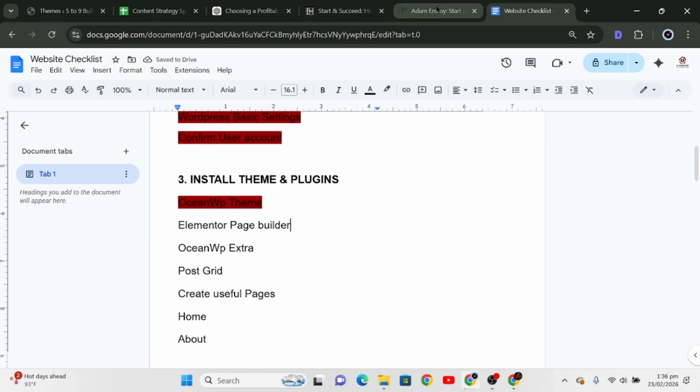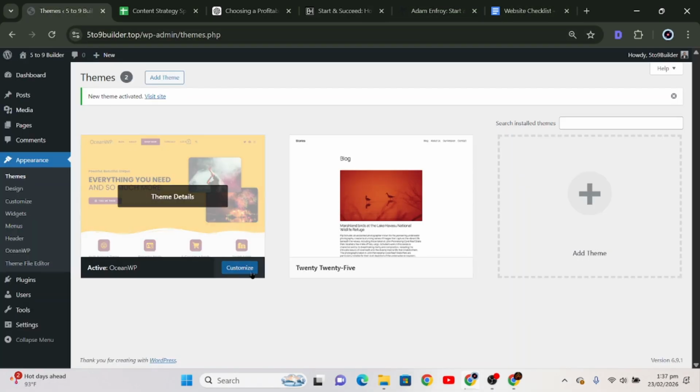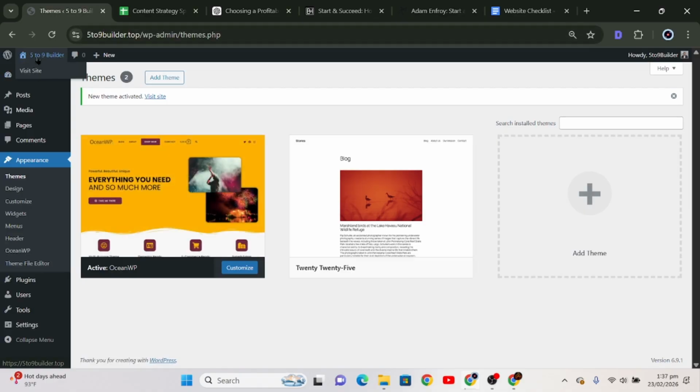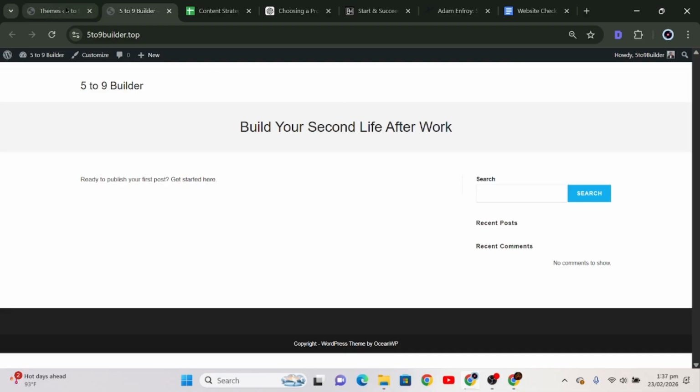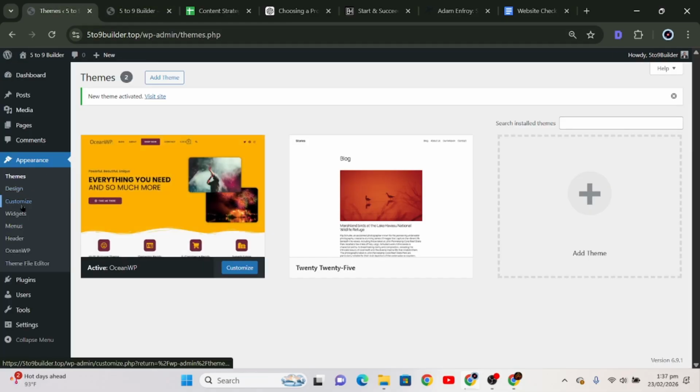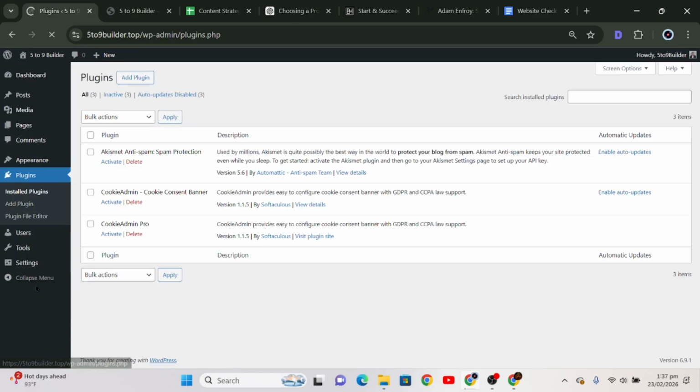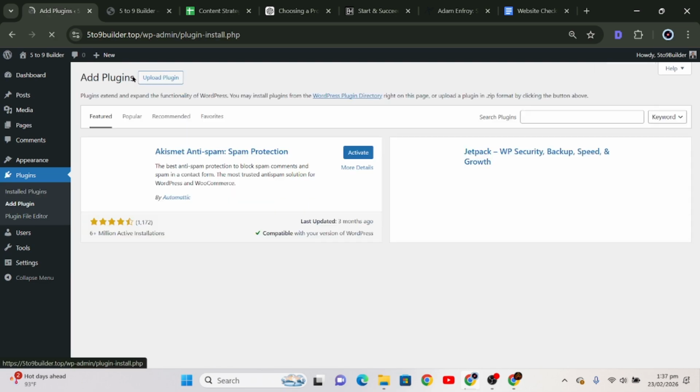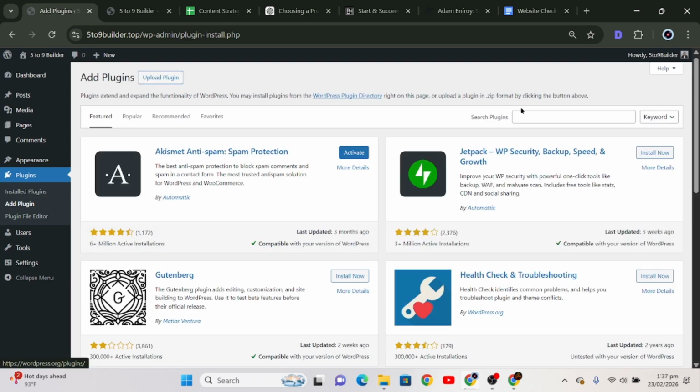So now let's go and do the page builder. So we come here. As you can see, now the website is looking like this. Okay, now let's go to plugins. We go to plugins and then we are going to add plugins. So we click on the add plugins and then we